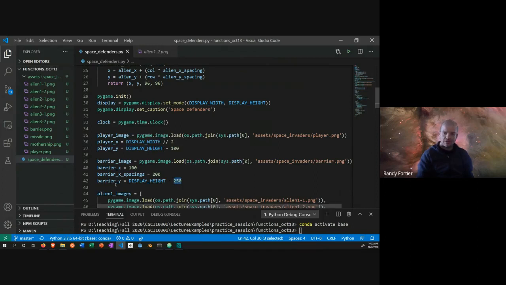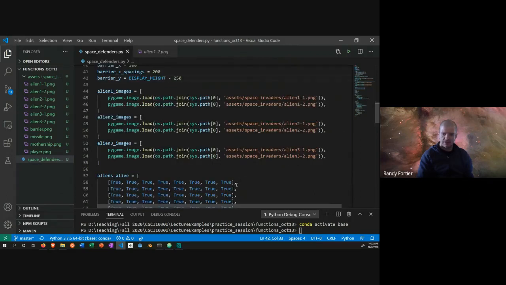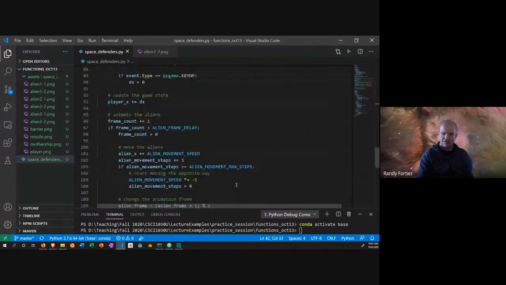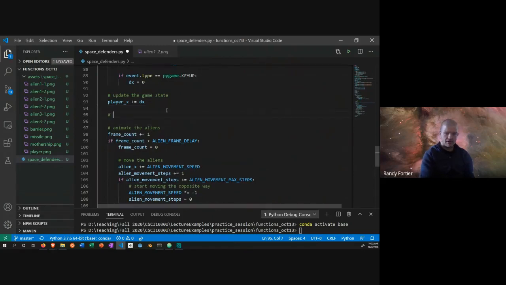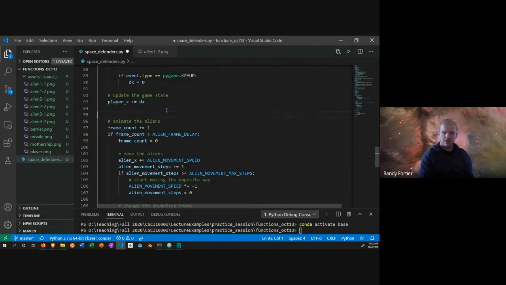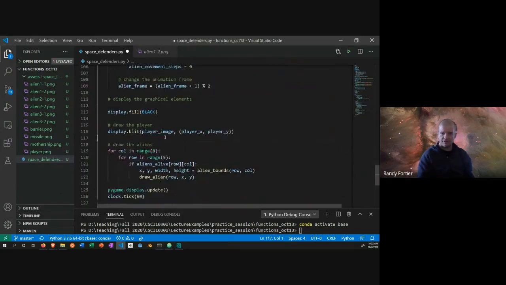Okay, so now actually all I need to do is add some code in order to draw the barriers. So let's actually do that. So I'm going to go down here. It doesn't matter if I draw it before or after the aliens. I think before makes more sense because the aliens code is pretty long. So I'm just going to say draw the barriers. Oops, sorry, I'm in the wrong section here. Got to be down where we do the drawing. So after draw the player,